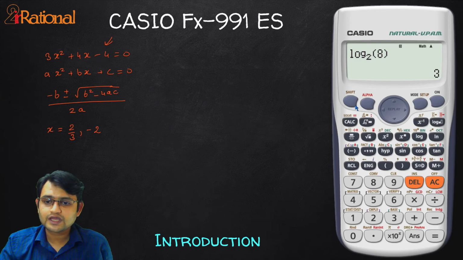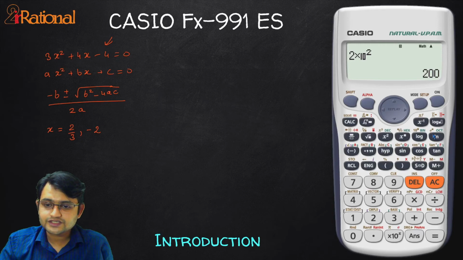First of all, if I use shift, you will see something here, we have nCr. nCr is nothing but combination, and we have here nPr. You can access that. You have here 10 raised to something. So if I say 2 into, I want shift, and if I press this, I will have 10 raised to, and if I say 2, press equal to, that gives me 200. So 2 into 10 raised to 100.